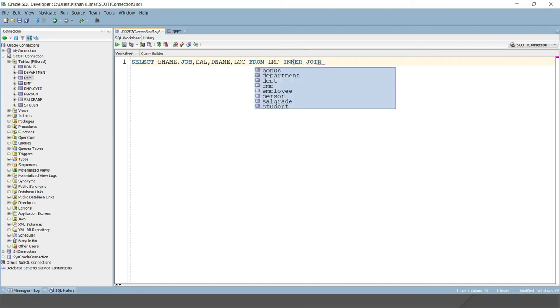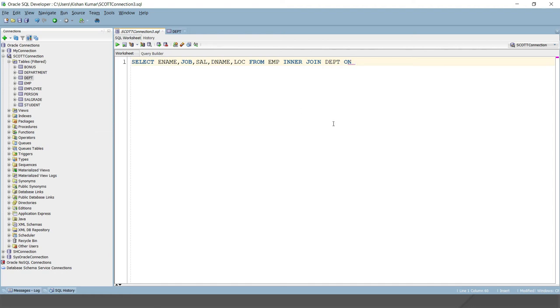then DEPT. When you write any kind of join like inner join or outer join, you have to specify a certain condition in the ON clause. So we will write the keyword ON. Here you can see in department as well as in employee, the department number column name is the same.